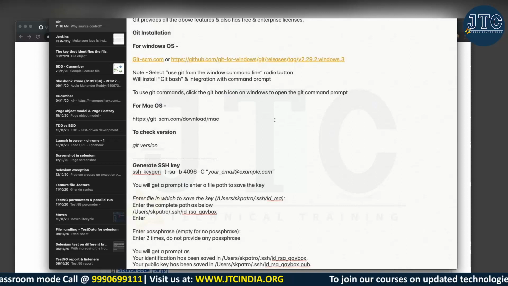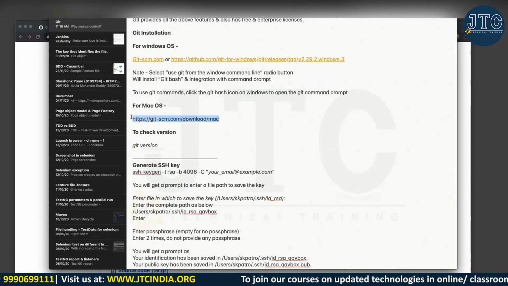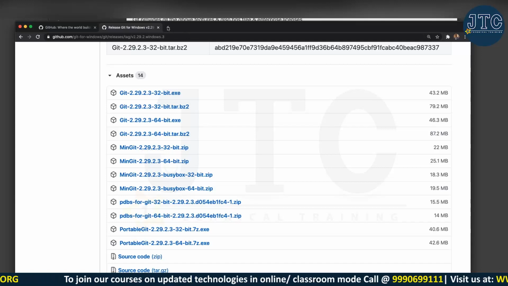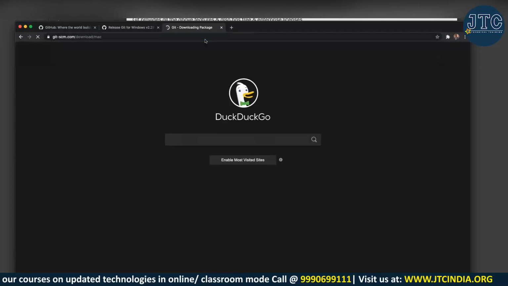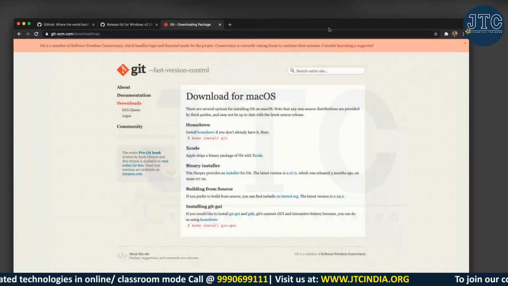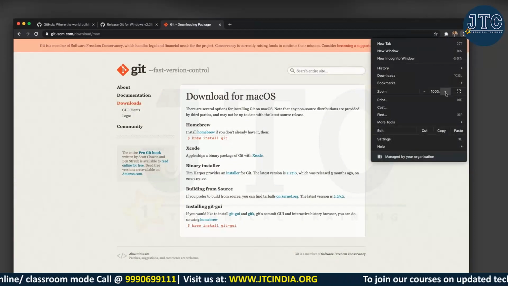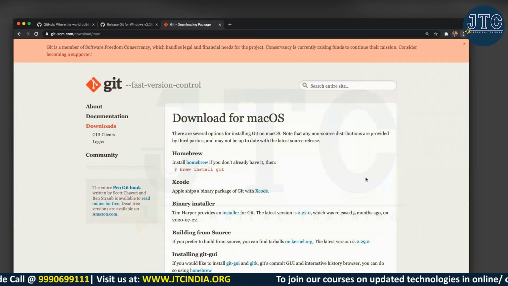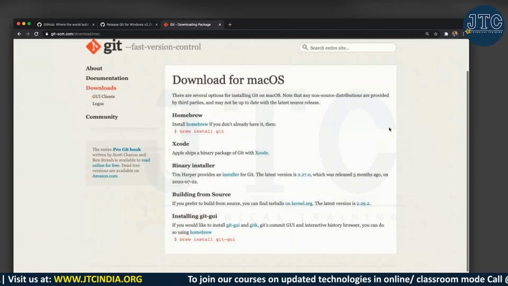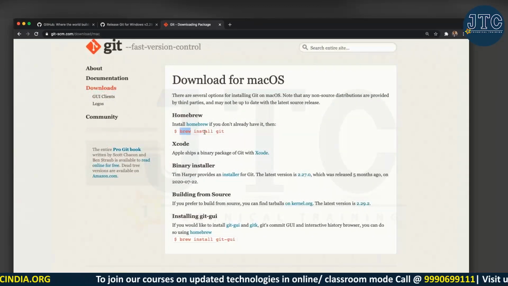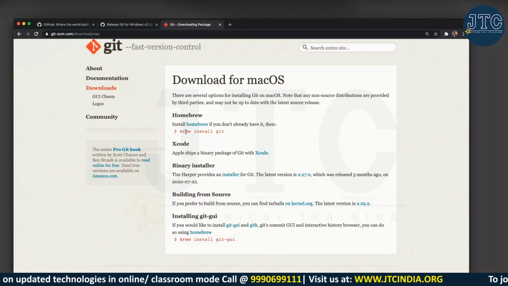Now for the Mac operating system. Because we all are from a Java background, a few people might be using the Mac operating system also. To install on Mac, it's again very simple. If you're using Mac, you know there is a command called brew. By using that, you can just say brew install git.